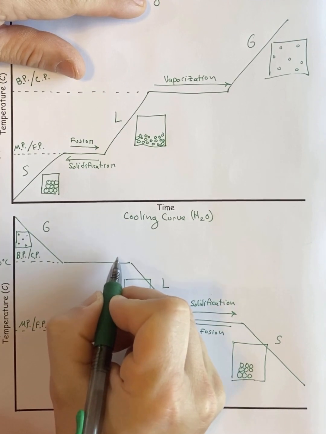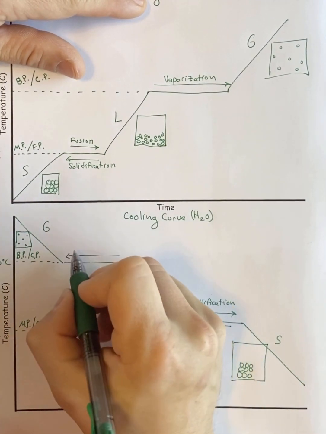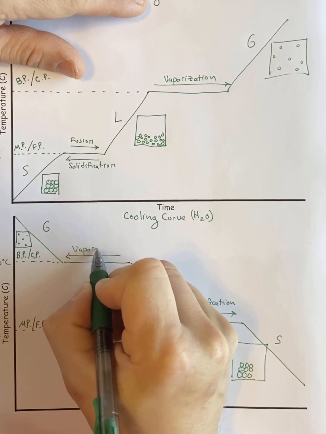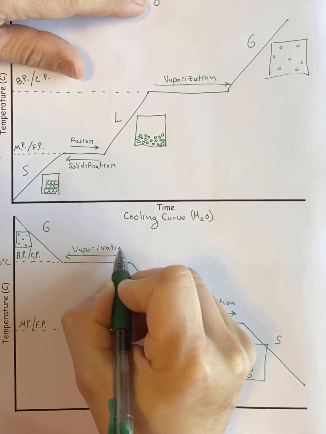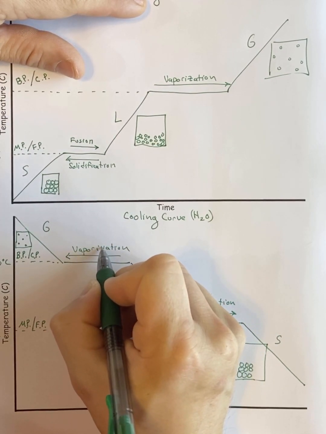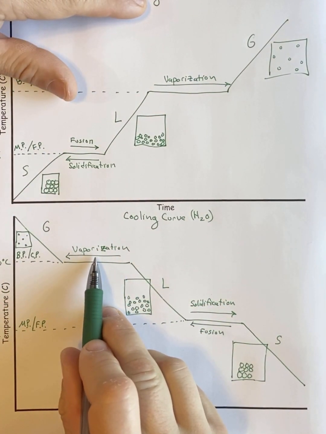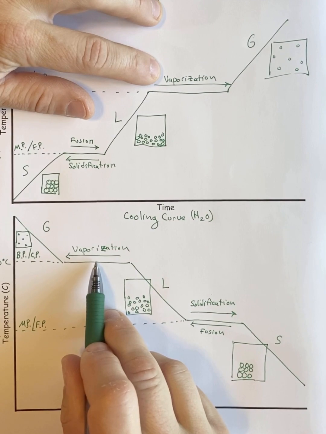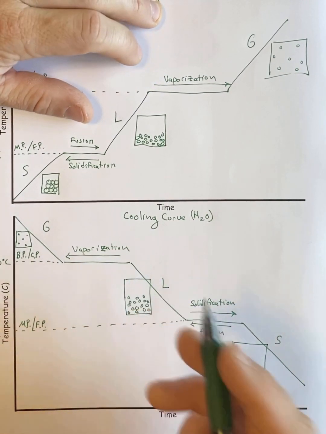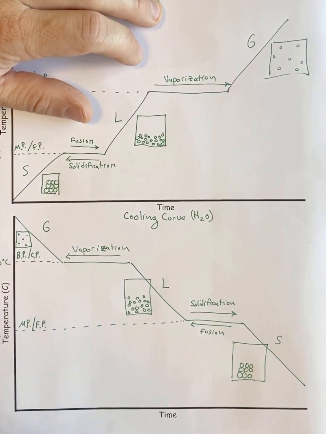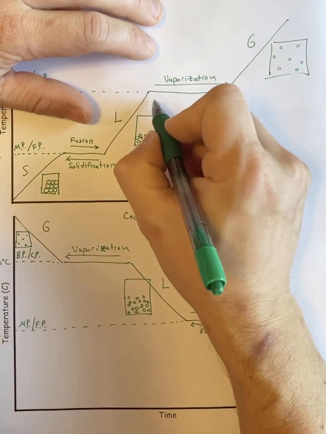I'll flip it just to show that it doesn't matter. So there's vaporization. So if you notice, I kept it on top both times in this example. I just changed the arrow, so that's totally fine. As long as you have the word in the arrow that matches, it doesn't really matter. And then the reverse,